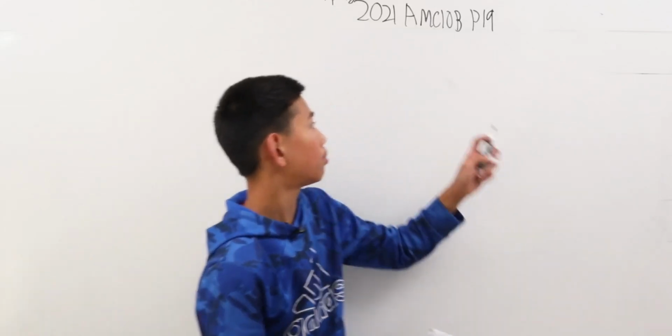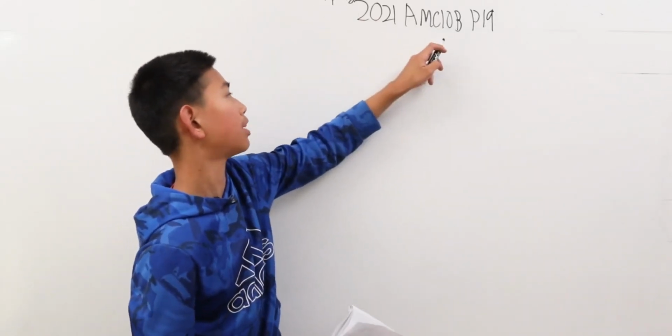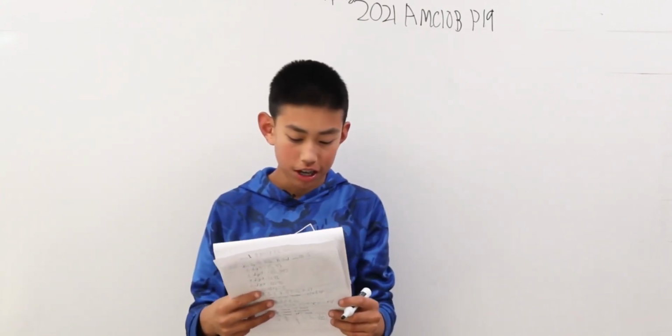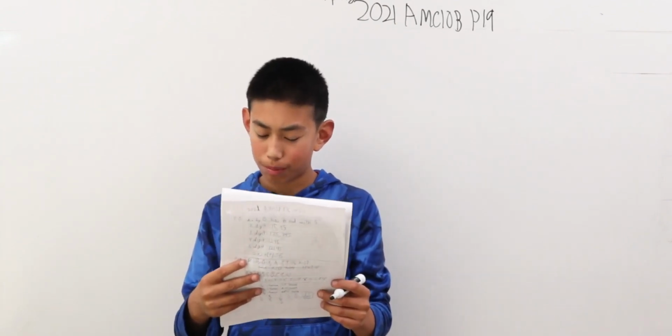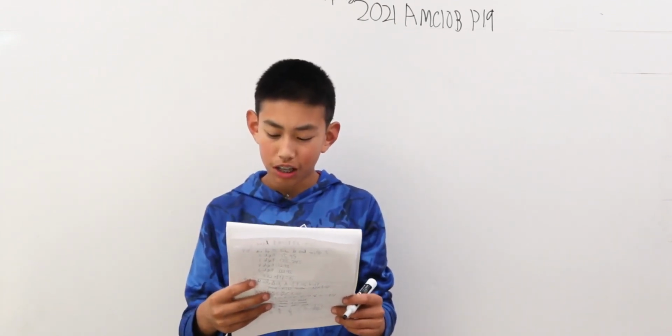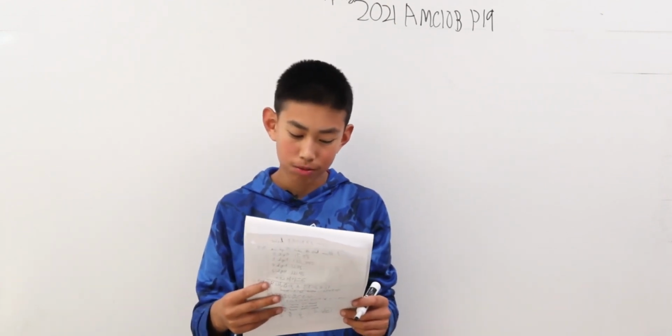Today we're solving problem 19 from the Spring AMC 10B from 2021. Suppose that S is a finite set of positive integers. If the greatest integer in S is removed from S, then the average value, arithmetic mean, of the integers remaining is